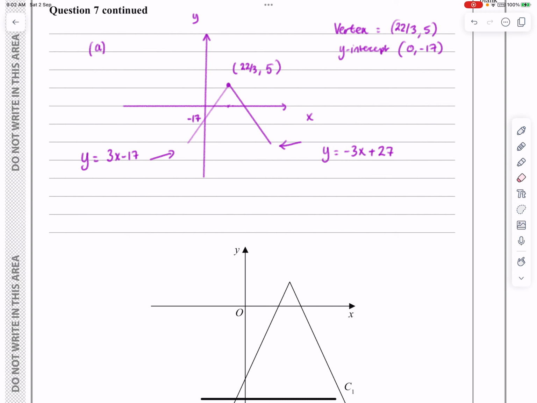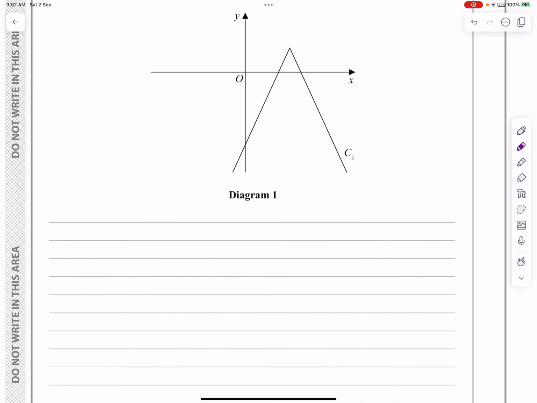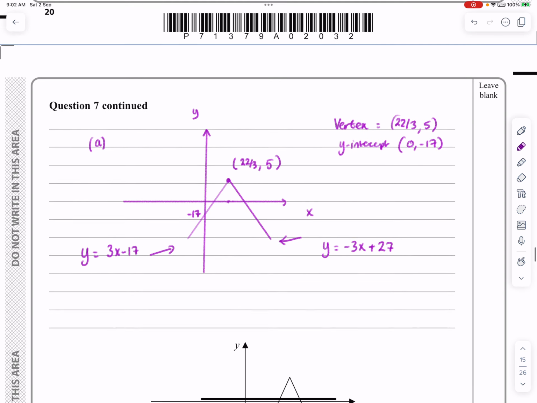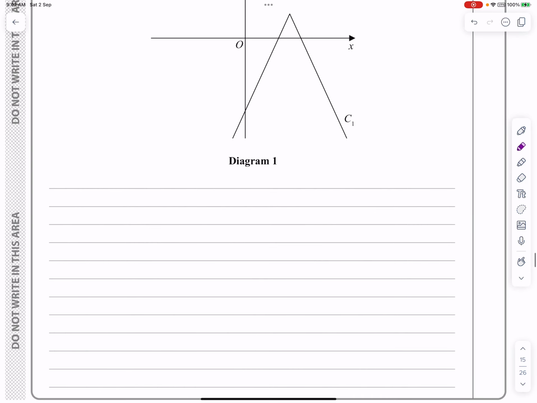Okay, so what are we doing now? Part B says, can we find the x coordinates of the intersection with this and the x-axis? So I'll do this part B down here. Is it B or? Because they're 1 and 2, aren't they? Yeah, part 1 and part 2 are here. Just make it clear to the examiner. So part B then,